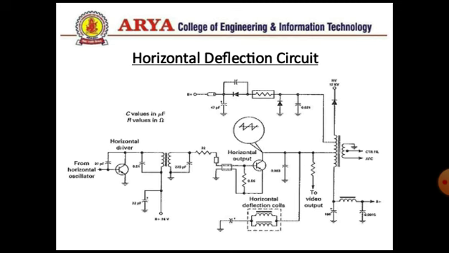where it is combined with the signal coming from the 12 kilovolt supply, and the coils are arranged in a proper manner to give that supply, and all of the circuit is grounded very well, and all the components are placed very well in this circuit. So at the output side, we are able to get the signal which is going towards the video output, and this is due to the help of the horizontal deflection circuit.